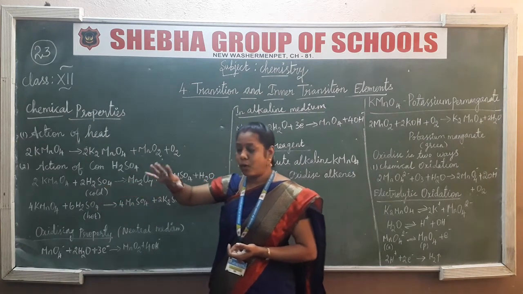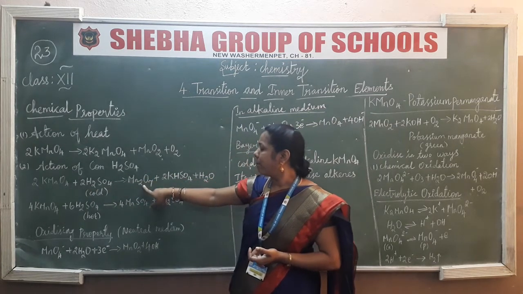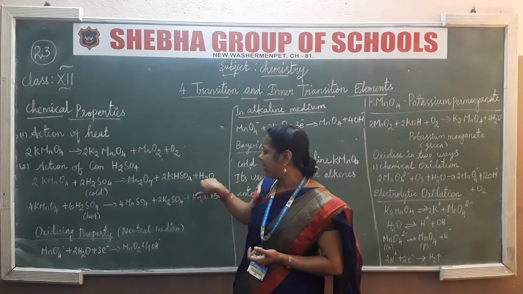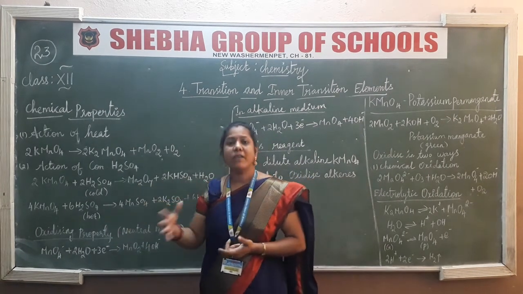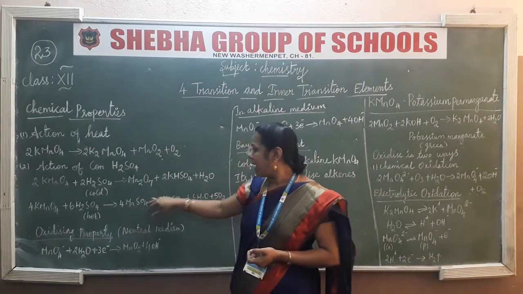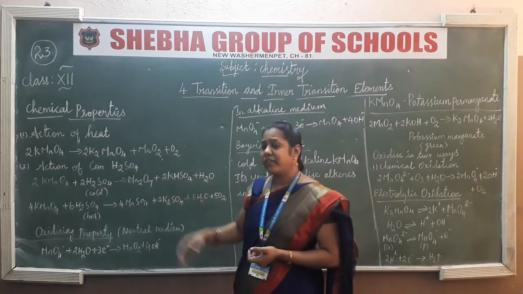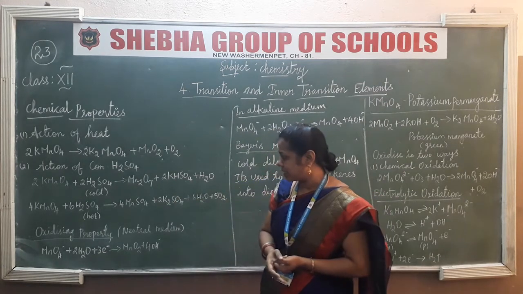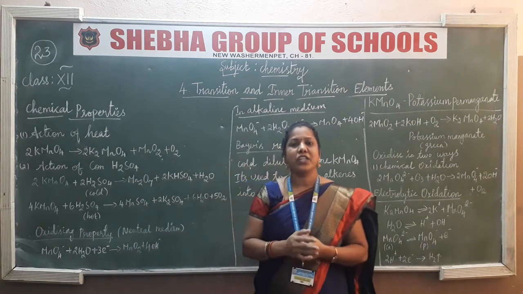First of all, go for the cold sulfuric acid. For potassium permanganate we get manganate, potassium bisulfate and water molecules. And moving on to hot sulfuric acid, we get manganese sulfate, potassium sulfate and water with oxygen. So this is the main difference for sulfuric acids. Okay, and the oxidizing property as well, like potassium dichromate.